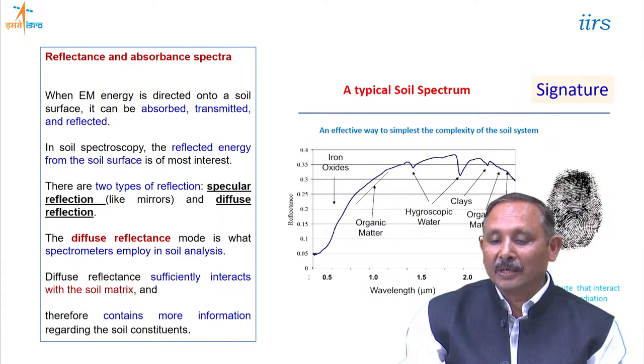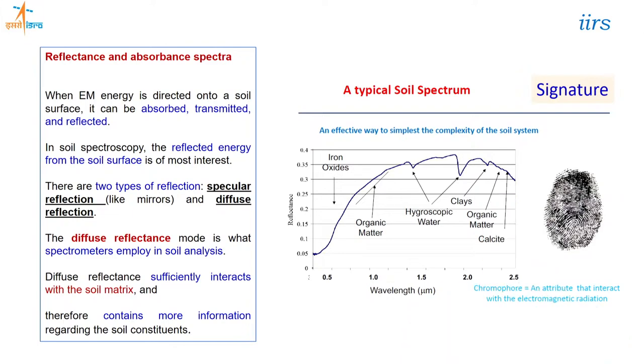If we observe the reflectance or absorbance in that wavelength region, we can use that to characterize individual soil components. So if you make a spectral signature of the soil, you can use it to identify the minerals, organic matter,